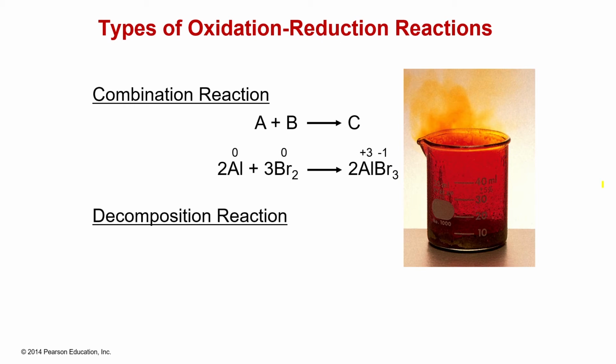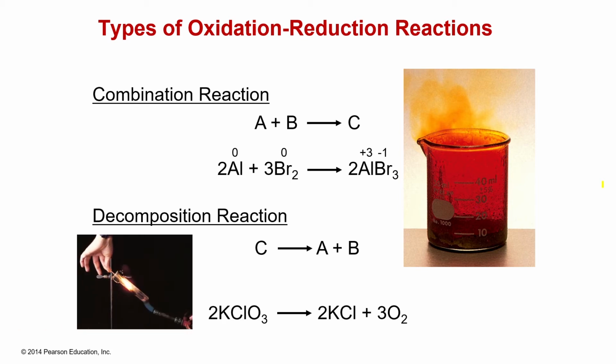We can also have a decomposition reaction. This is the reverse of the one that we just saw above. A compound breaks down into simpler compounds or elements. An example of that is the decomposition of potassium chlorate to produce potassium chloride and oxygen. I believe you remember this reaction as one of the first ones that we learned how to balance at the beginning of this unit. The interesting thing about this reaction is that it requires heat in order to happen,